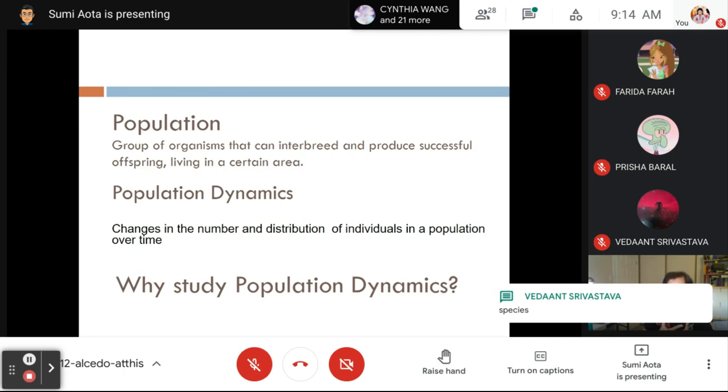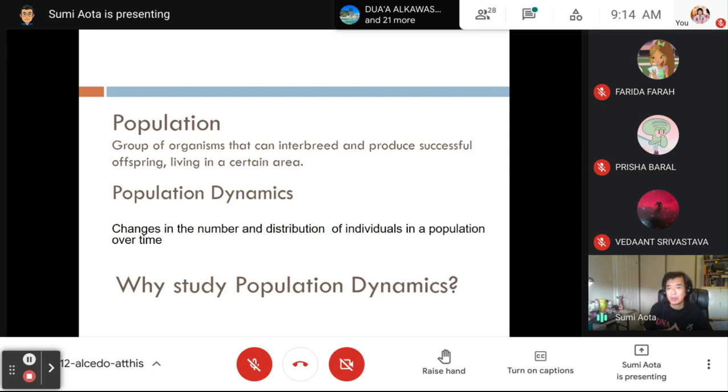So a population is usually a sample of a species. Okay, so it's a subunit. So a population may include all the members of a species, or it just may include a subset of it. Okay. Population dynamics then are the changes in the number and